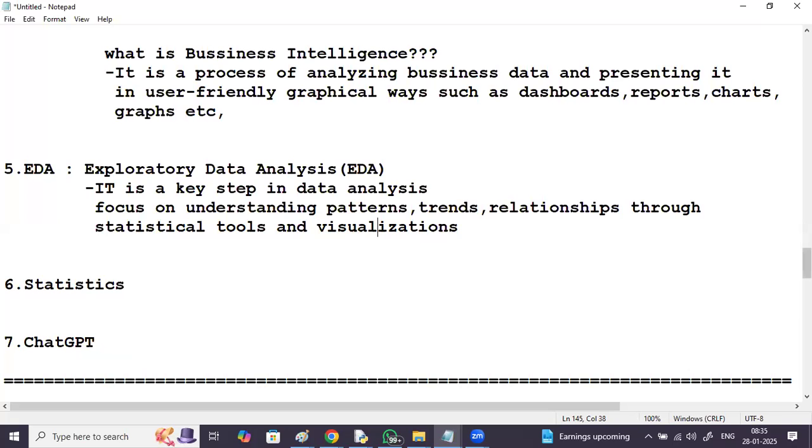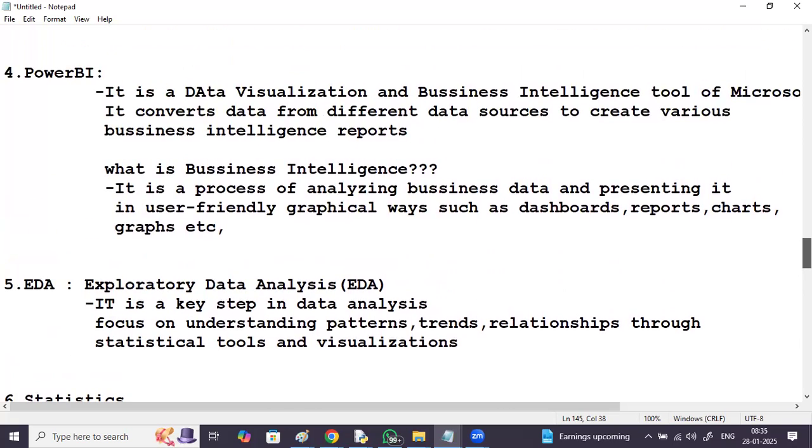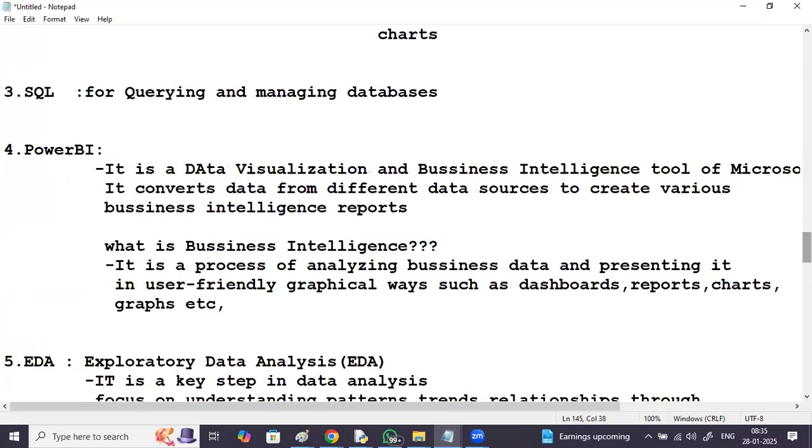So 50% of these companies are using BI tools, like Power BI, right? Many companies are opting for BI tools in their systems, especially for building business intelligence reports. If you talk about the future scope of this, check this.